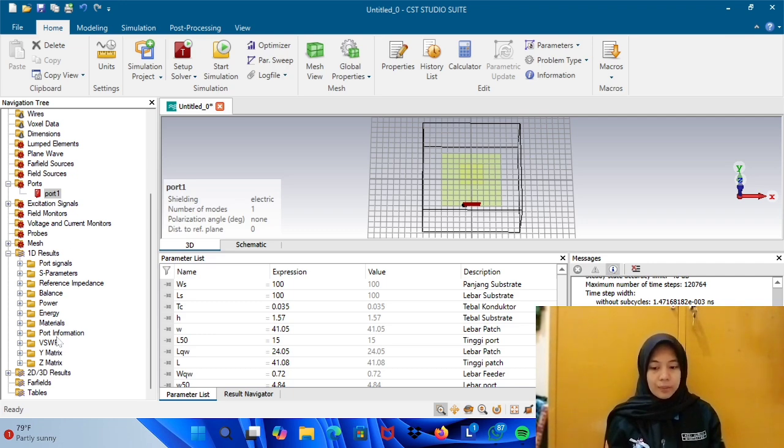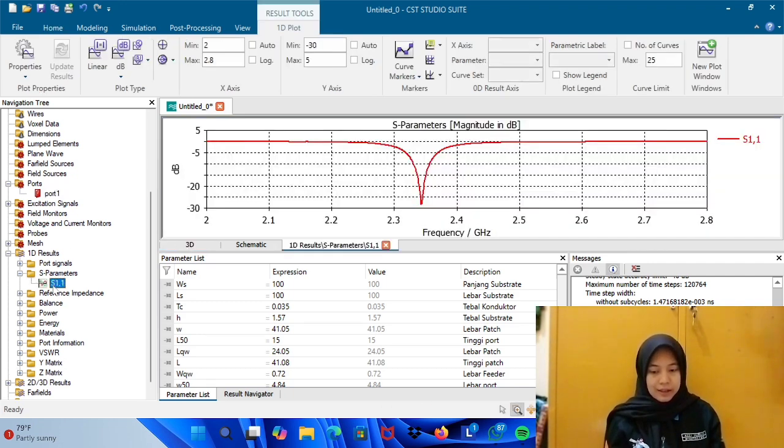You see the parameter. You click S parameter. Finally, analyze the simulation result. Check the S11 value, which should be below minus 10 dB. Analyze the radiation pattern. Additionally, observe the radiation pattern and antenna efficiency. Third, the simulation result display. You see the S parameter.